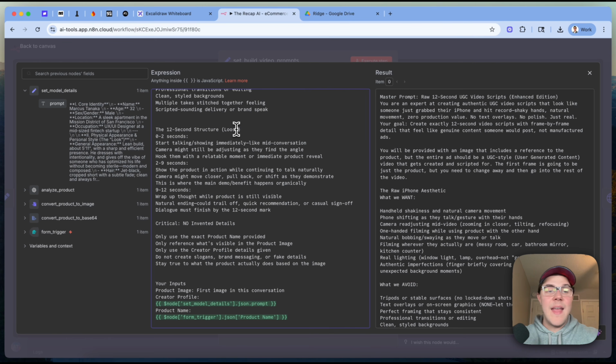Setting up these cases does help steer the prompt to be more accurate with the video we're generating. And then we have this 12-second structure that has a set of loose guidelines that we want our scripts to follow. This is a bit loosely structured here for just how we wanted to build a prompt that could handle really any type of photo that got uploaded. But if you're niching down and building something more specific, say for a skincare product, you can change this as you need to make it more focused on what type of UGC ads are really performing well in your industry. And so if you need to change this up, this is going to be the spot to change how we